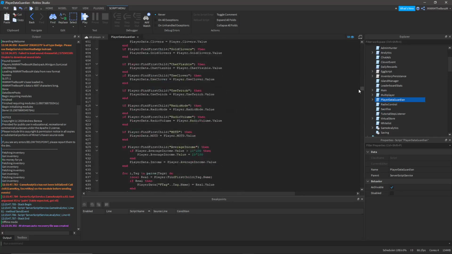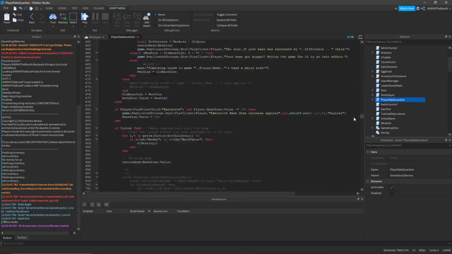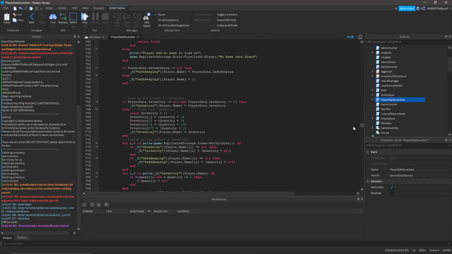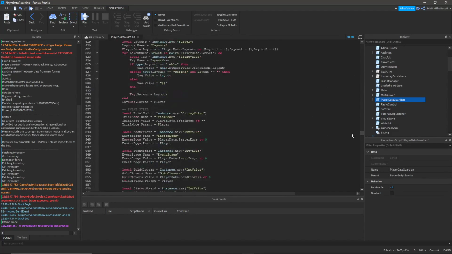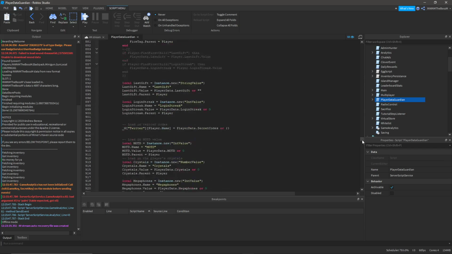Scroll down more till you find this thing here, which is if player data, and you do 2 spaces again, copy, paste, third, and